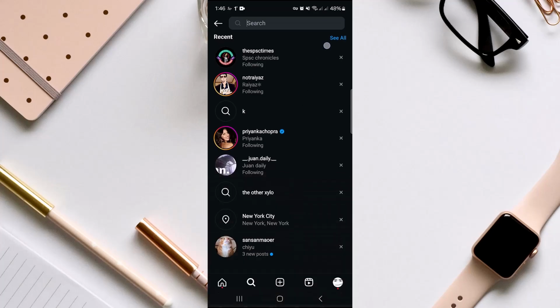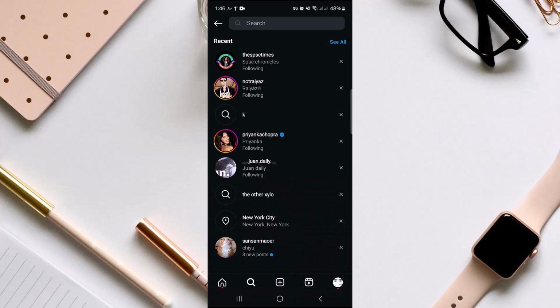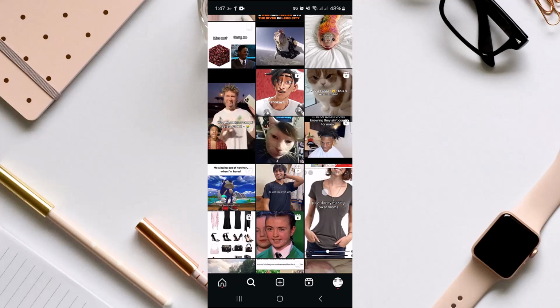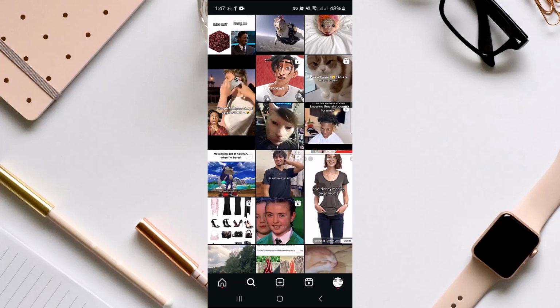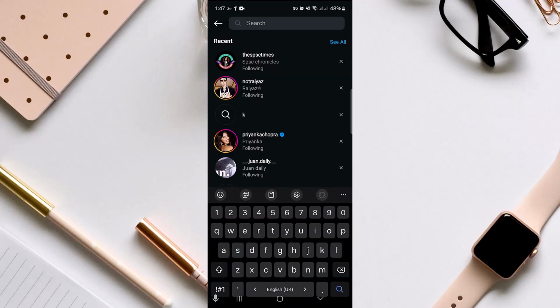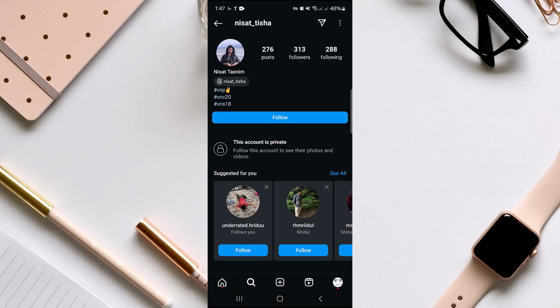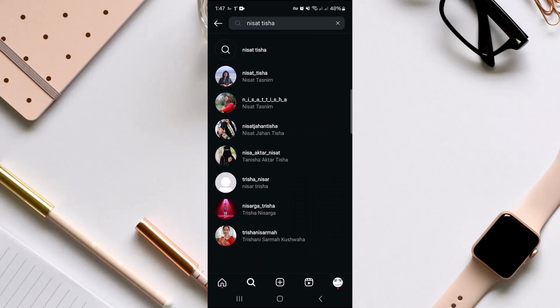And as we know, we can't see the private account instantly. We must wait to follow it. So as we don't want to follow it, what we will do is just search for their name. Suppose I'm searching for, and here you currently see this account is private. So all we need to do is search for